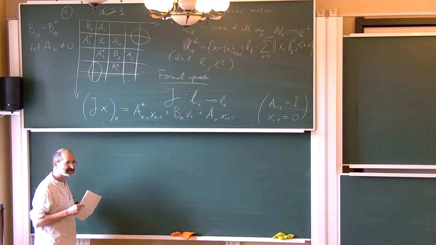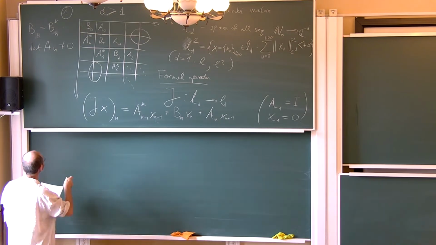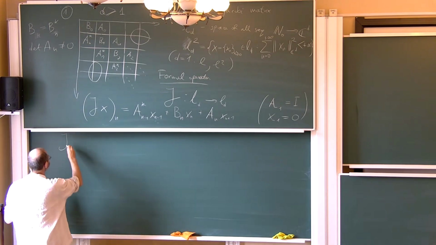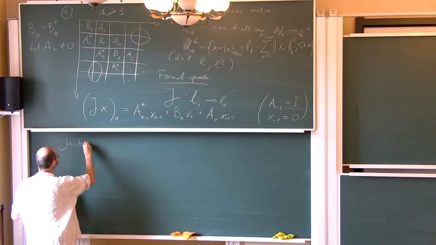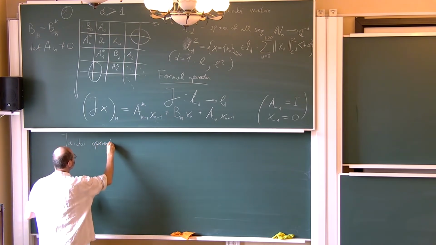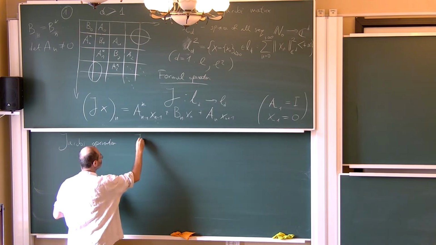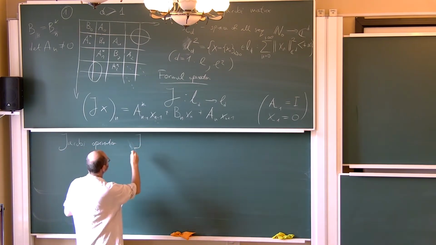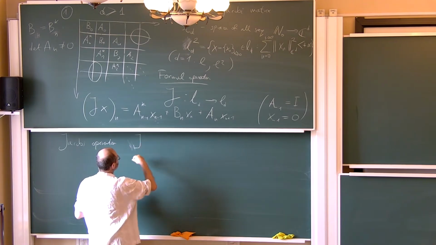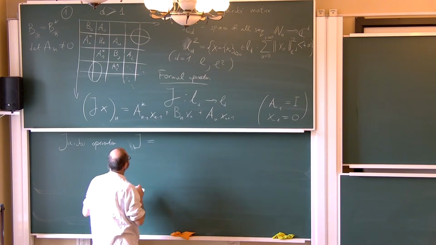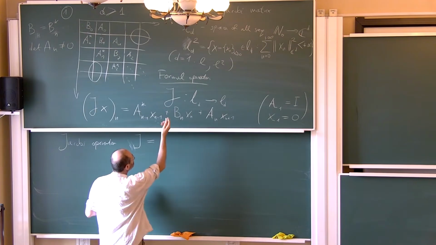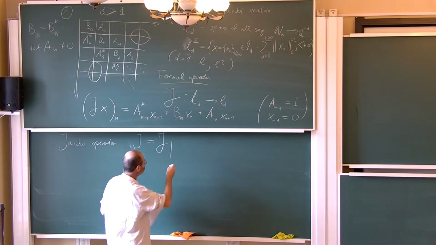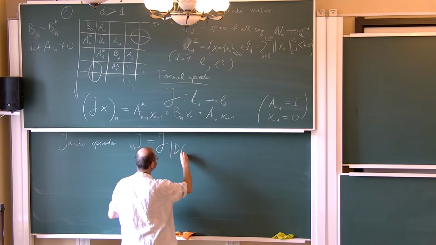And here this theory, the subordination theory, is about the maximal operator. And this assumption is sometimes important. So I will call it here the Jacobi operator, with capital J, not calligraphic like here. So what is this? This is just the formal operator restricted to the domain, the so-called maximal domain.